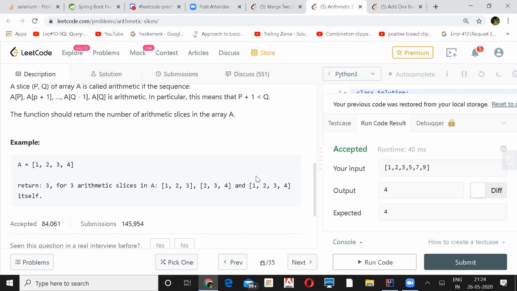Yeah, you can, because when you are passing a pointer, you pass it in such a way. If your array length is n, you pass the array along with the last index, n minus 1. Then in your function, you compare that index with the previous 2 indexes. Your base condition will be: if your index is less than 2, you return 0. And then you keep incrementing if you find the difference is the same.